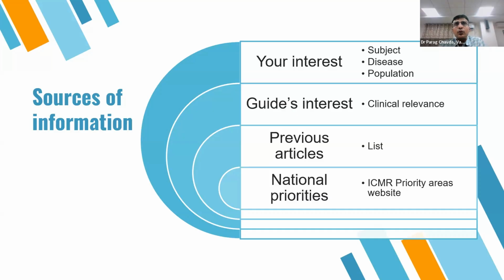If you do not have much clarity around which is the topic of your interest, I mean, what topic do you wish to go forward with? Think of your interests. Your interest might be in the 20 different medical subjects which are taught in medical college. So, say for example, in the first and second MBBS, I might be exposed to anatomy, physiology, and biochemistry, a little bit of community medicine in second year, pharmacology, microbiology, pathology, and forensic medicine as well.